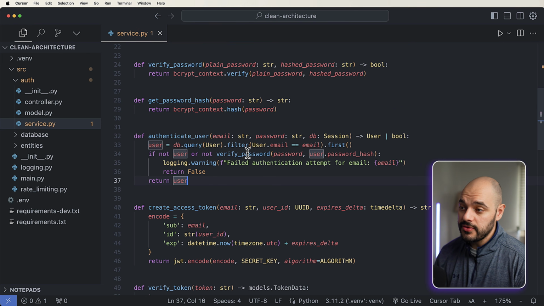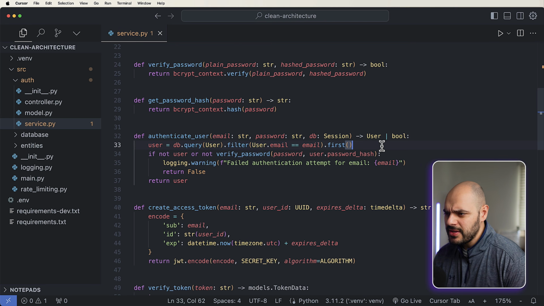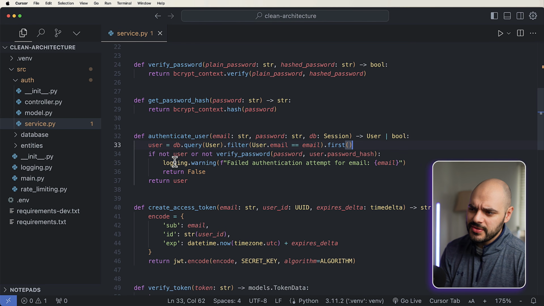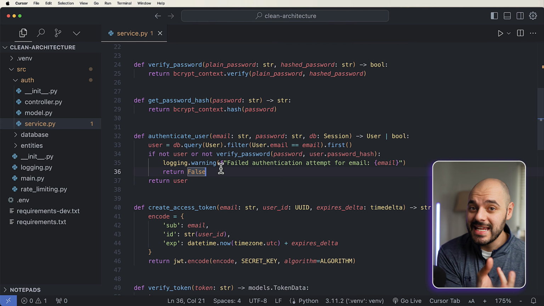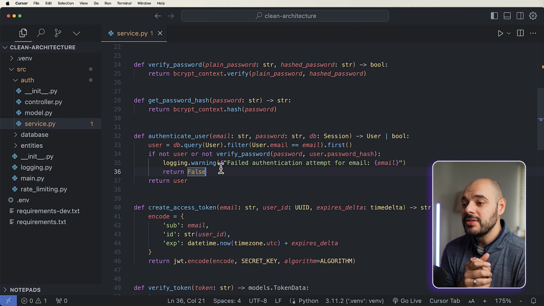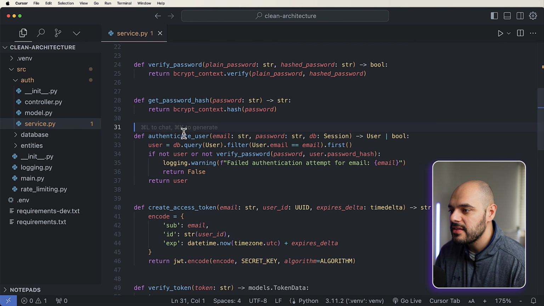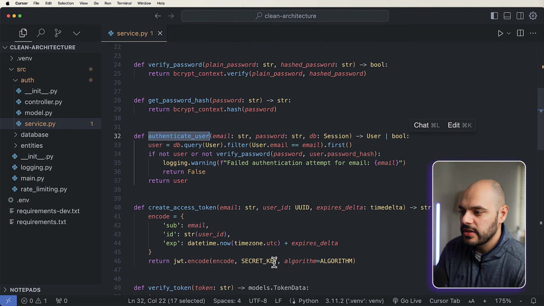So if a user passes in their email and password, we want to be able to query by that user, fetch them, verify that user. If it fails, well, then we're going to log a warning for anybody to see in our actual logging of our application, which says failed authentication attempt for the specific user that tried to log in. If not, we're just going to return a user,